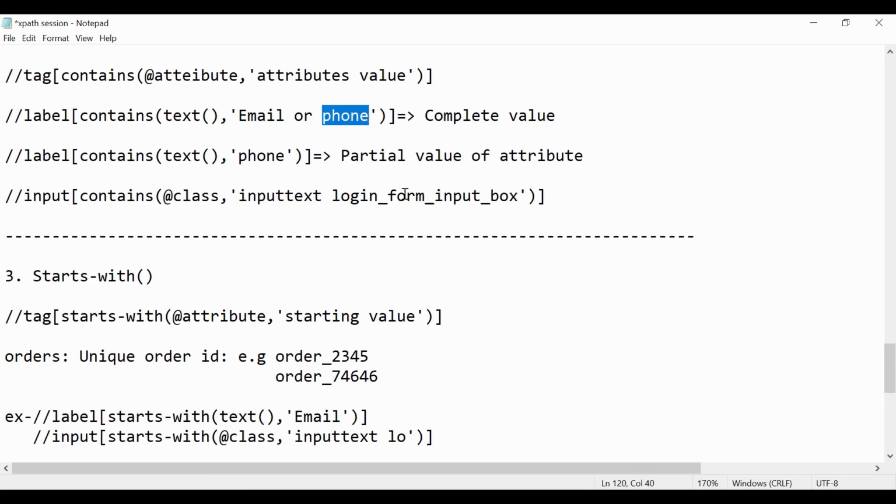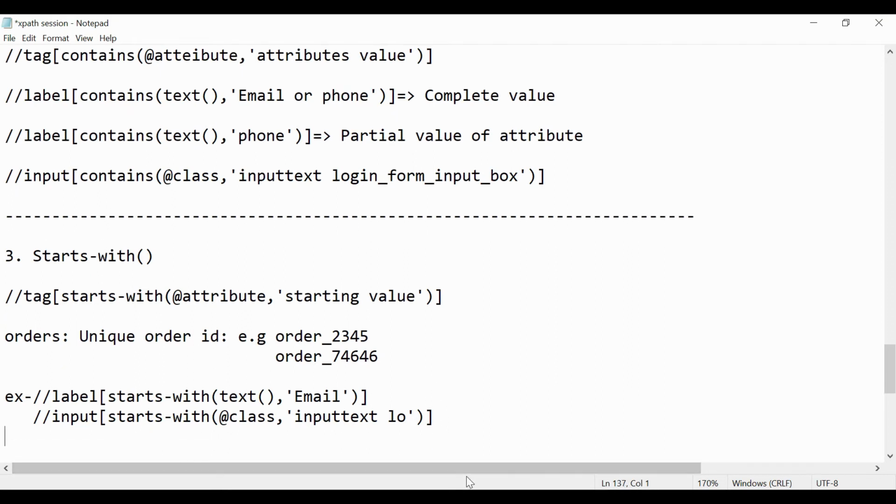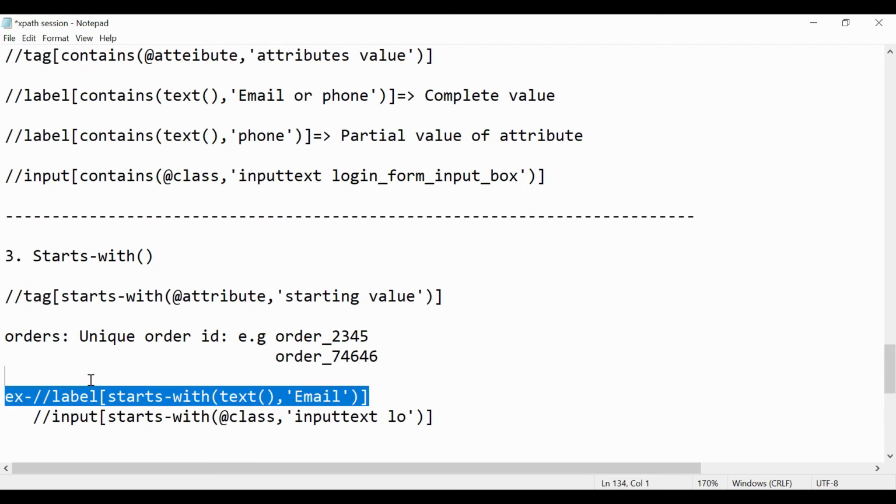Okay, I will show you what happens if you provide the ending value. For the same, let's see.